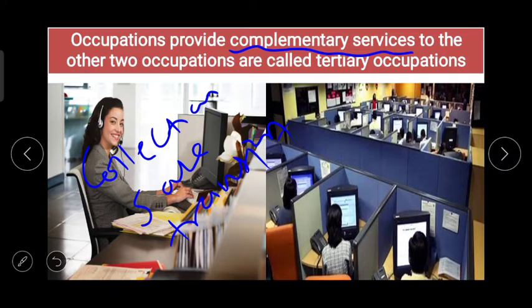These include transport of goods. क्या क्या आ रहा है इसमें? Transport from one place to another place. Then loading and unloading of goods. जो भी चीज़ें एक जगह से दूसरी जगह लेके जा रहे हैं लेबर, वो उस गाड़ी में भरना, वहाँ से निकालना. And sale of goods. Try to understand this. In the primary occupations, which is totally dependent on the natural things, जैसे fishing or the products from the animals. Then in second one, dependent on the primary occupations, जैसे milk products. And in tertiary occupations, transportation and selling.